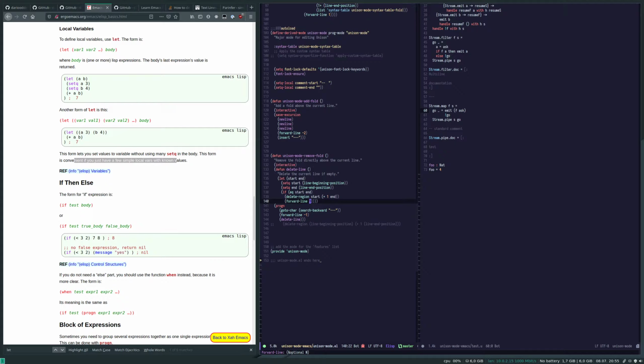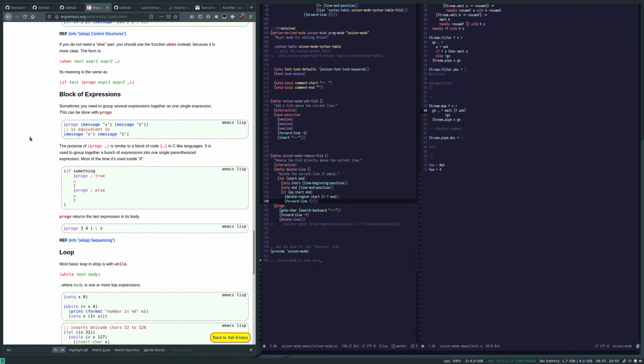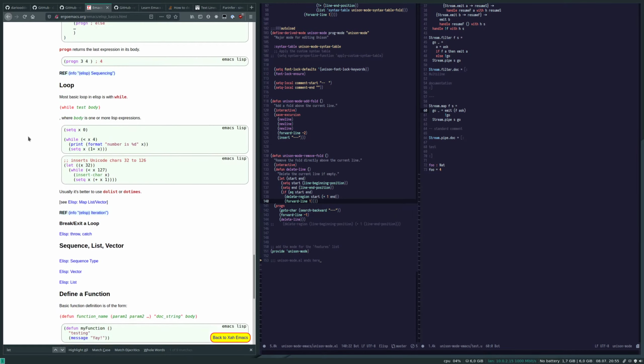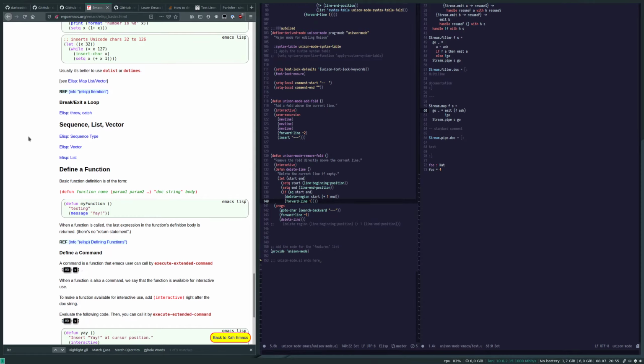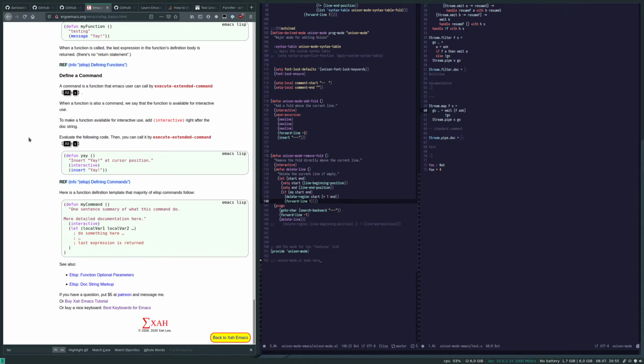Otherwise, just move forward. What kind of control structures do we have? We have if, then, else. Yeah. So if it's empty, delete it. Otherwise,